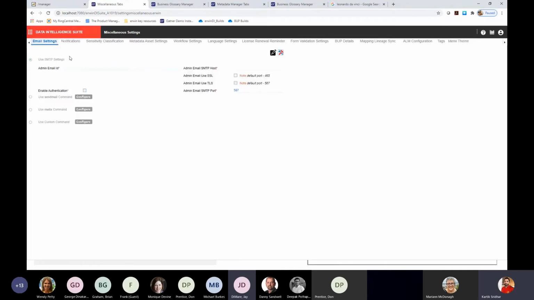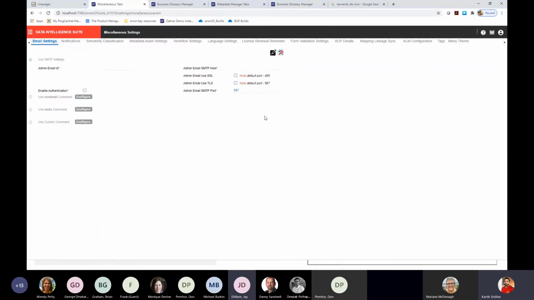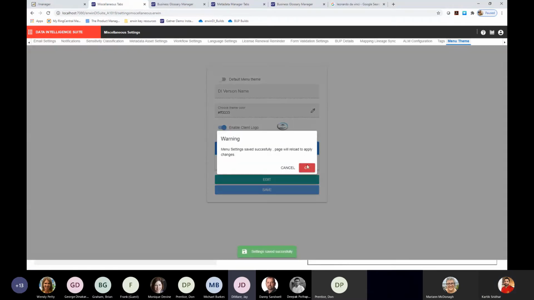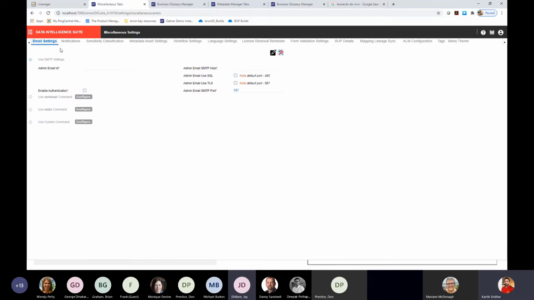And the moment I do that, the application is automatically rendered to my corporate color and the menu also renders accordingly. And you will also see the client logo. I just did not enable that. Let me just go back and enable the client logo. That should be enabled as well. So you'll now be able to see the application branded to your organization's perspective, both the menu and the header bar as well.